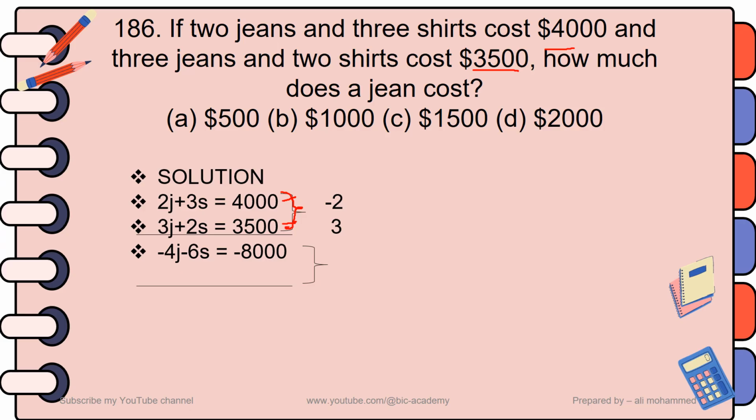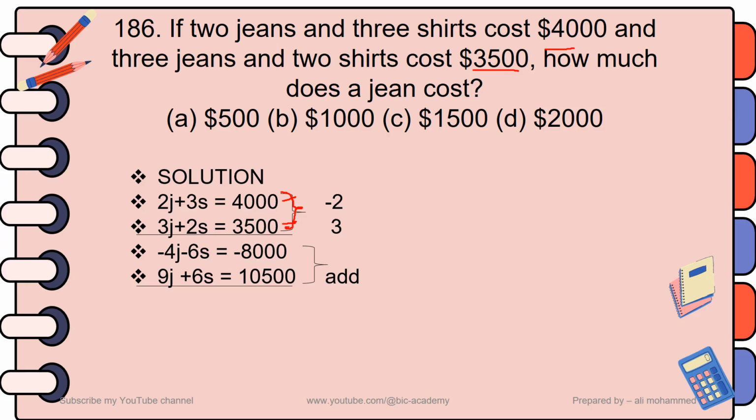So when you multiply the first equation by -2, you get minus 4J minus 6S is equal to minus 8,000. And again, when you multiply the second equation by 3, you get 9J plus 6S which is equal to